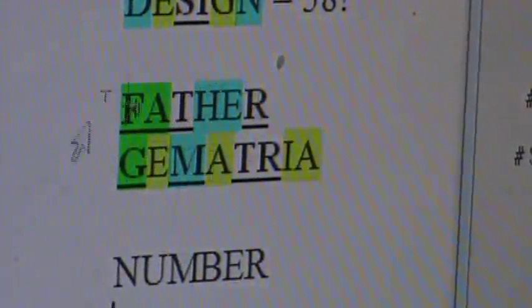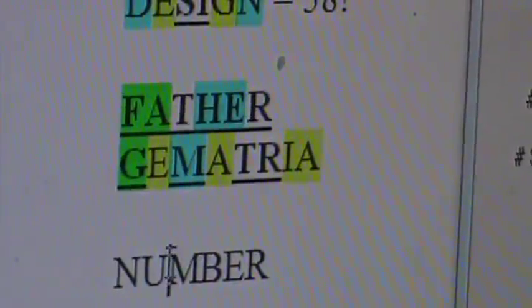Okay, it's all the consonants. Leave behind all the vowels, the E, the A, and the I, and the A. And then the rest equals Father perfectly. A T is a T, an R is an R, an M equals an HE, and a G equals an FA. That is absolutely gorgeous, as gorgeous can be.